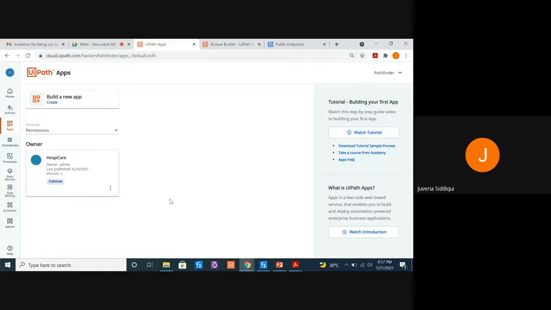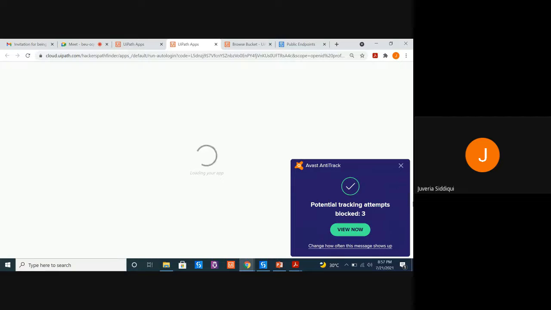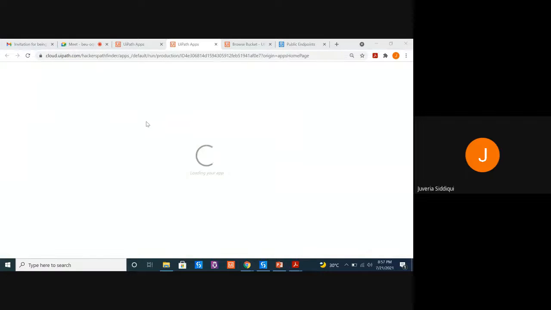If you see right now, I have one application that I've started creating for one of my projects called HospiCare. It's basically very similar to OutSystems. If you have heard about it, it's a web application development tool. So we now have something like that in UiPath as well. You have something very similar called Power Apps from Microsoft.